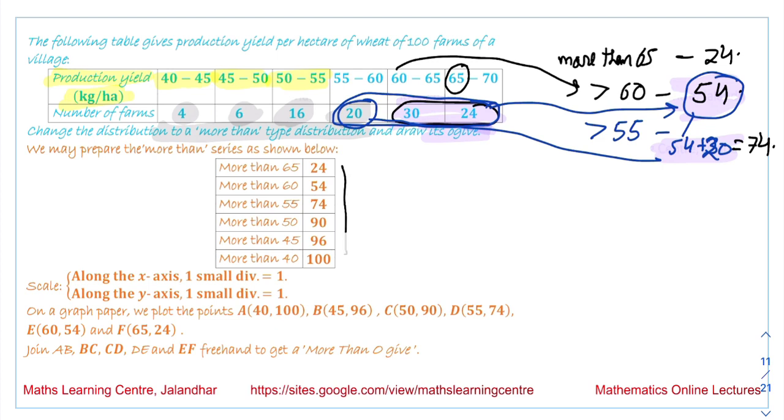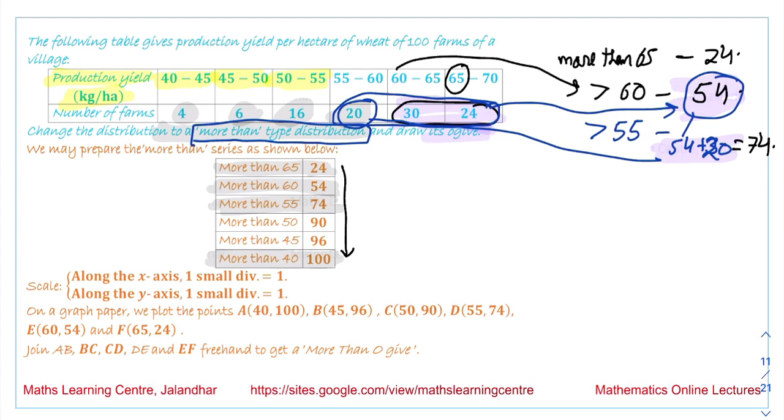So the final table we obtain is in this form: more than 65, there are 24; more than 60 it is 54; more than 55 it is 74; similarly, more than 40 it is 100. So this is our first part that we have to do. We have to convert it to the more than type